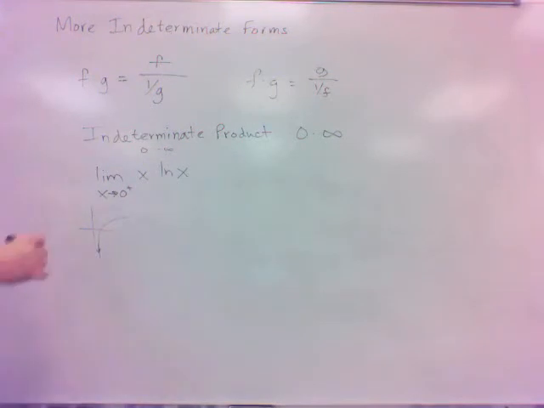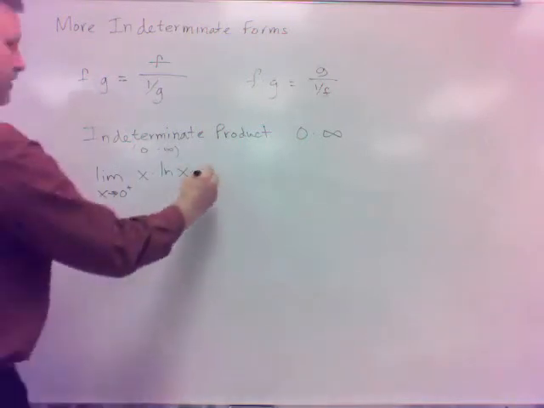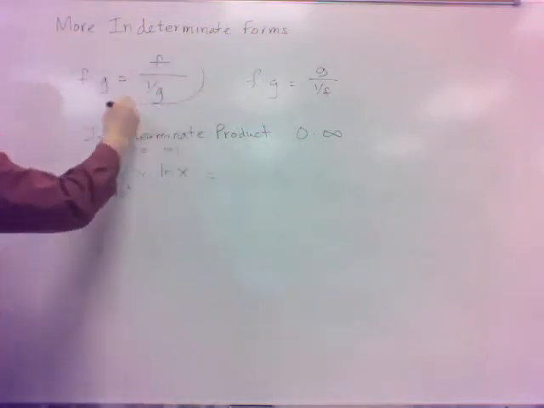This is an indeterminate product because I don't know. It may go to 0. It may go to something else. We just have to look at it. It's indeterminate. We don't know just by looking at it what it is, like some things we do. Okay? All right. So what we're going to do is we're going to utilize this right here.